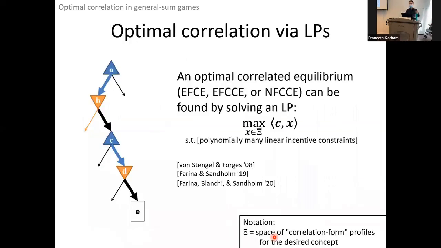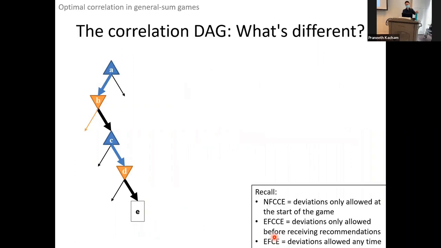An optimal correlated equilibrium can be expressed very similarly as before as a linear program. I won't get into that. As usual, we will be trying to represent the strategy space. It turns out we can do a very similar thing. We can construct a very similar looking DAG. What's different about it compared to the team belief case? In the team belief DAG, if we are at this public state, quote unquote public state, which is just a terminal node, and we have had this playthrough, the strategy said to play left at B. So in the team belief DAG, the belief at this public state is empty.